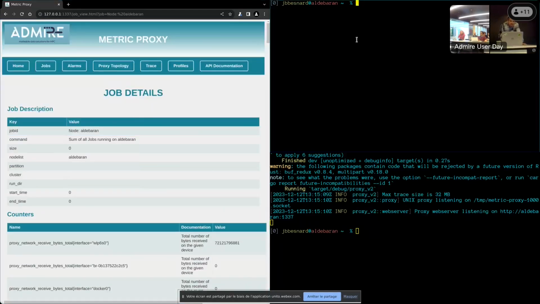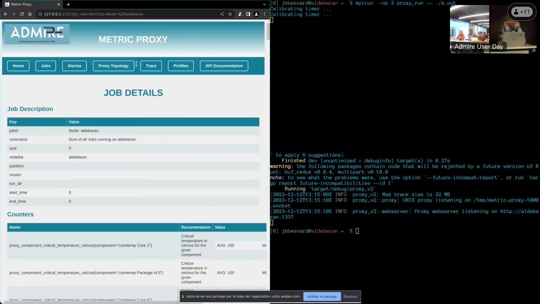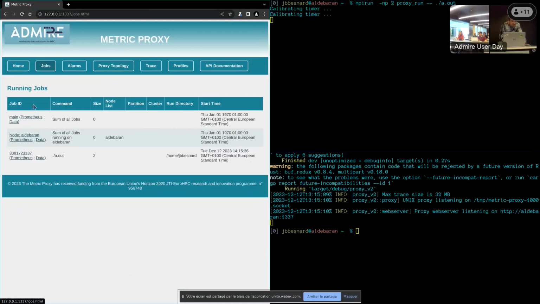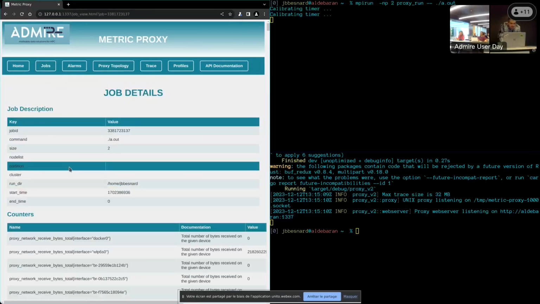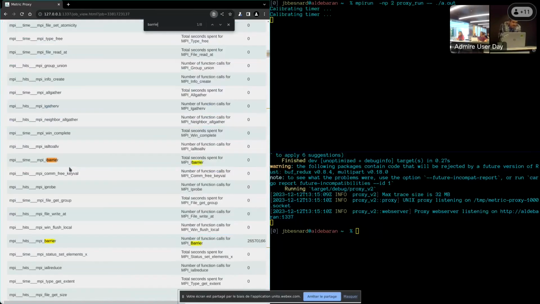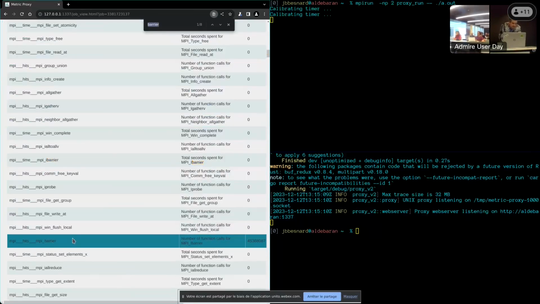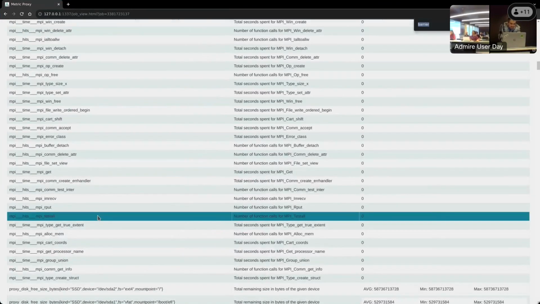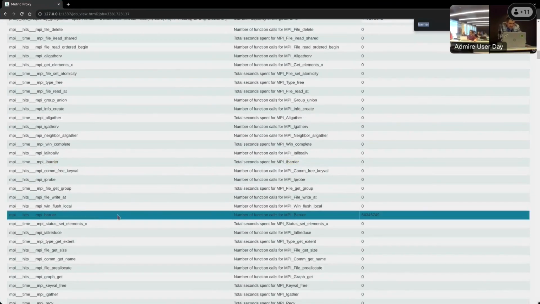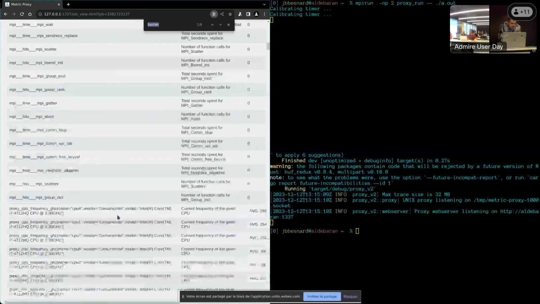And now, let's say I want to start an MPI job. So I think I have it in my history. So I start an MPI job. This job is doing barriers like crazy. And you see that it has popped up here. We can check that it was doing barriers. So here you see the barriers updating. Sorry, let me make it larger. Yep. So a lot of barriers happening here.